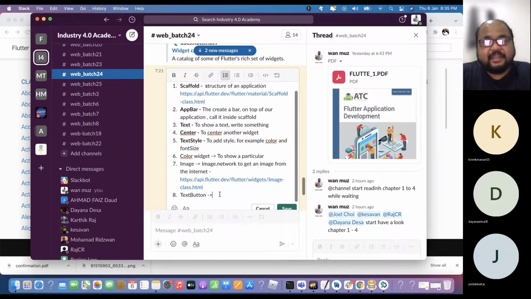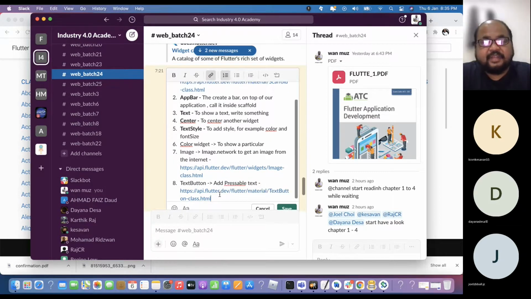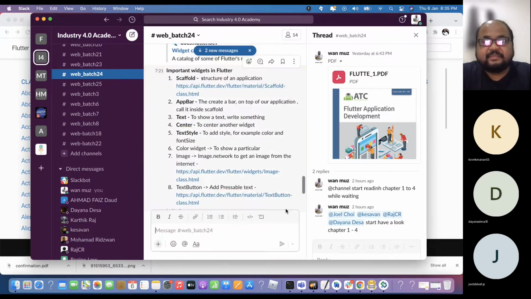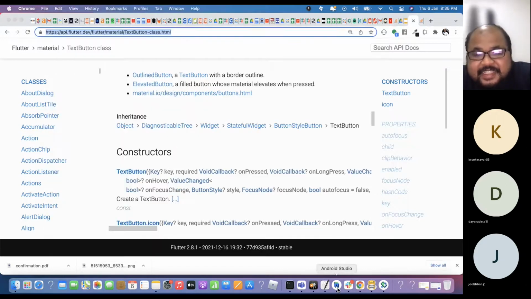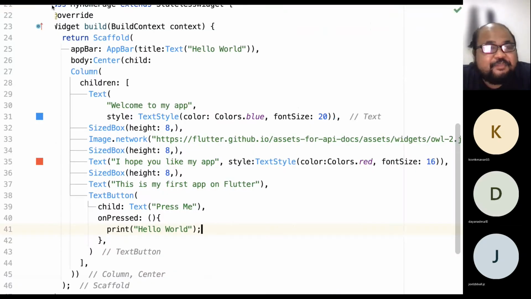Alright, so add the text pressable, and I put it here. Alright, so there's a press me button. But when you press, where is the hello world? Actually, the hello world is inside Android Studio. If you open Android Studio,